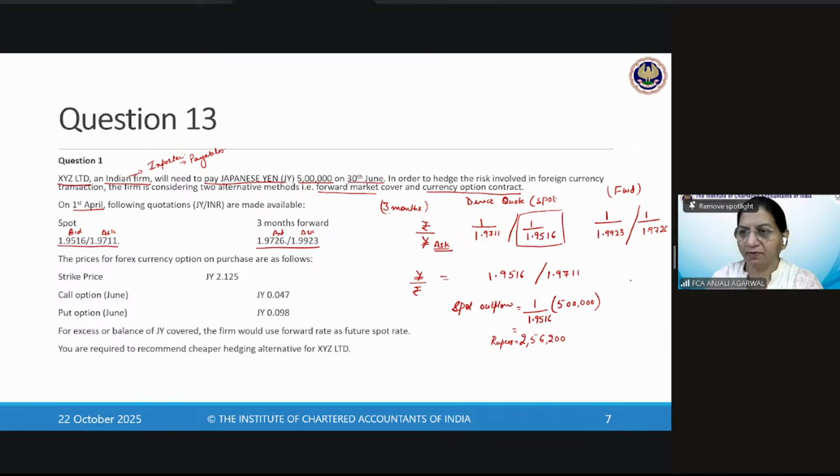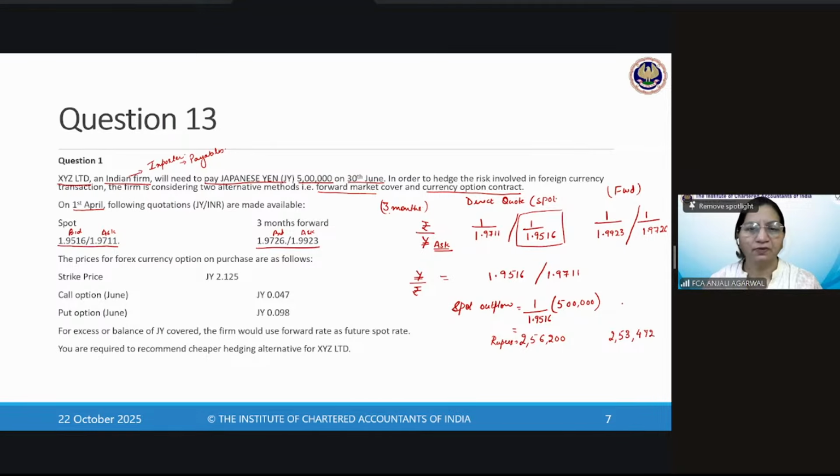So the payment that is to be made on 30th June, if we had hedged ourselves using the forward rate, then the outflow would have been 500,000 divided by 1.9726, which is 2,53,